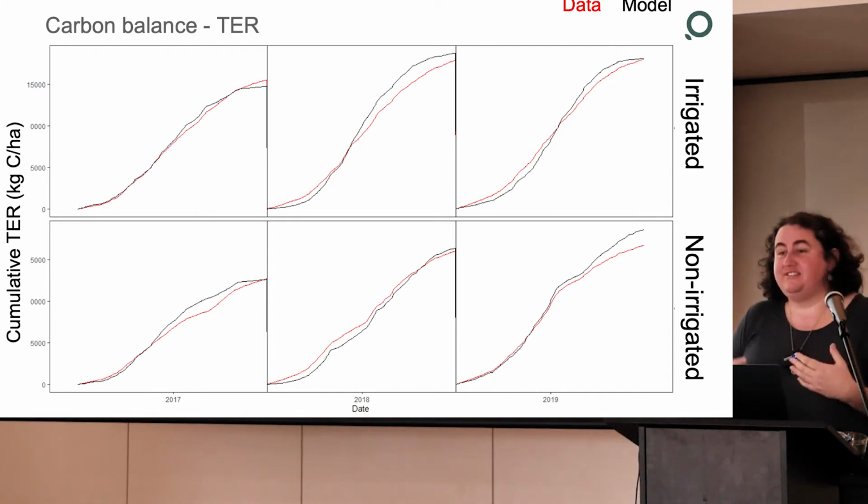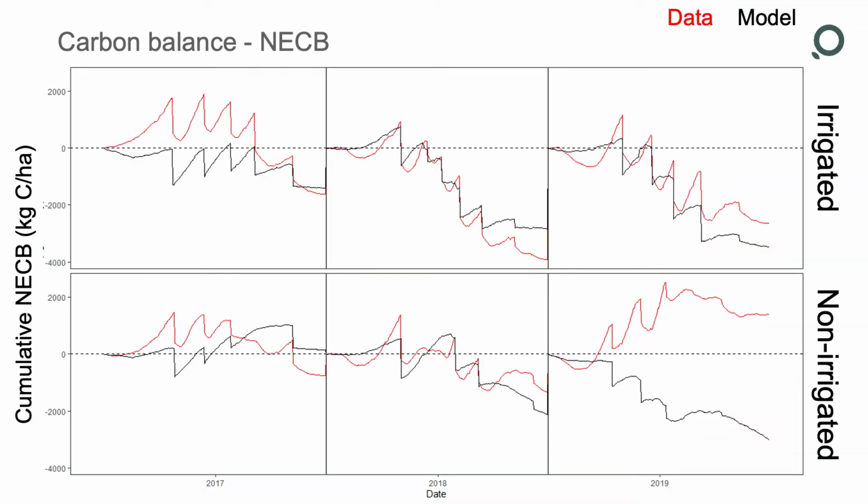So when we look at net ecosystem carbon balance, now Scott talked about what that was this morning. So the red line is his data. The black again is the model. And generally speaking, once we combine all those components of the carbon together, we start to see where it's not quite got the timing right. But generally speaking, we get a reasonably good adherence.